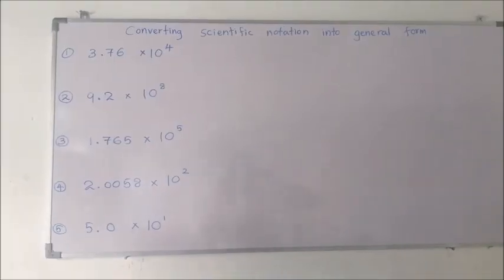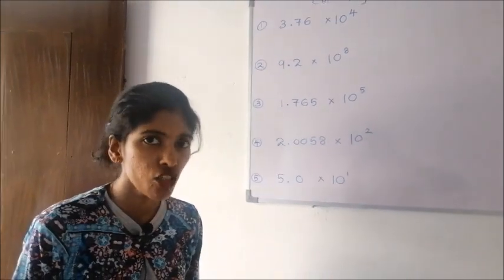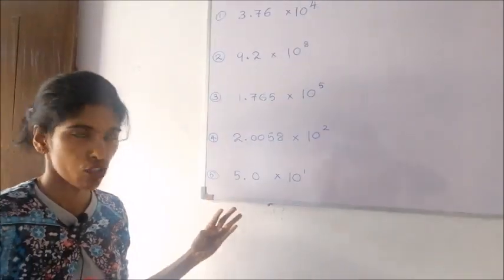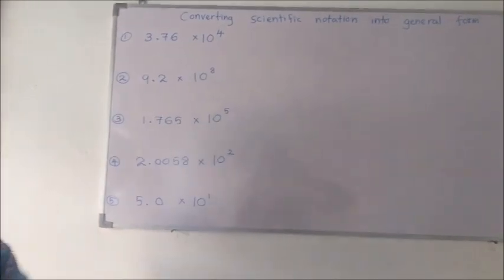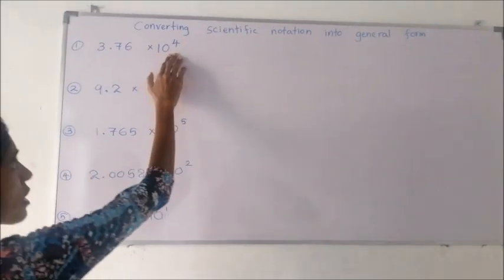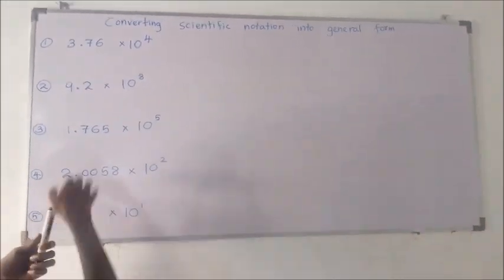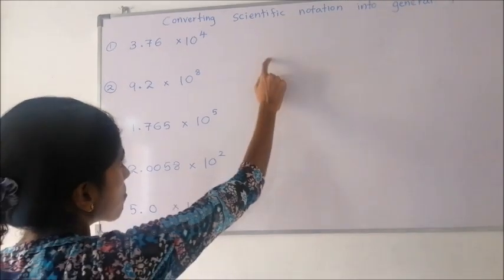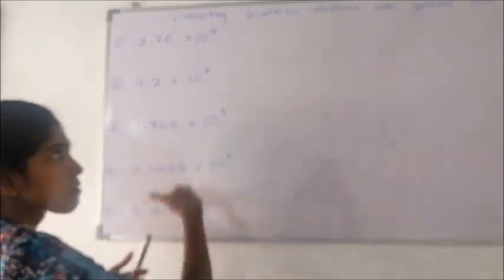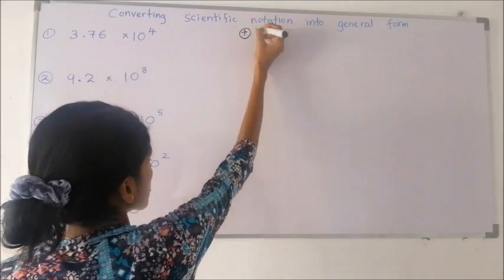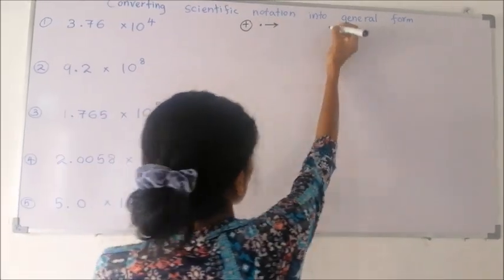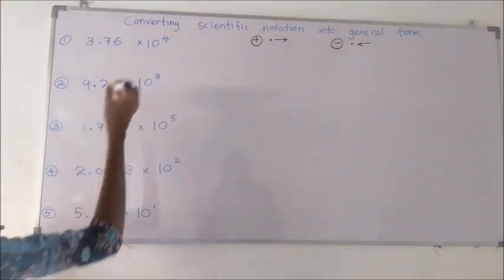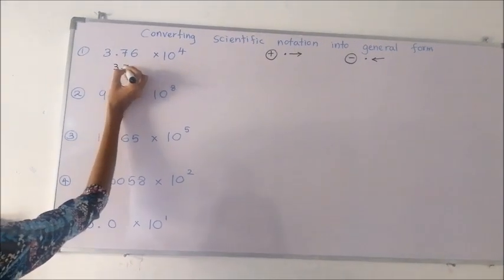Now children, we are going to convert the numbers given in scientific notation into the general form. Okay. See, some examples are given in scientific notation. We are going to convert them into general form. Right. Now, see the power here, positive 4, plus 4. Right. Firstly, look at the decimal point. The decimal point should be brought backward if it is positive. Okay, remember that. If the power is a positive one, the decimal point should be moved back. If the power is a negative one, the decimal point should be moved front. Remember those two.